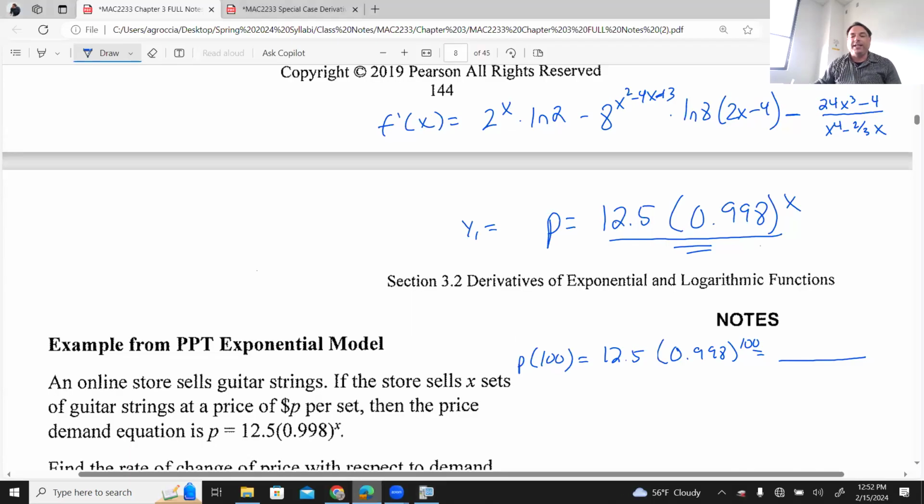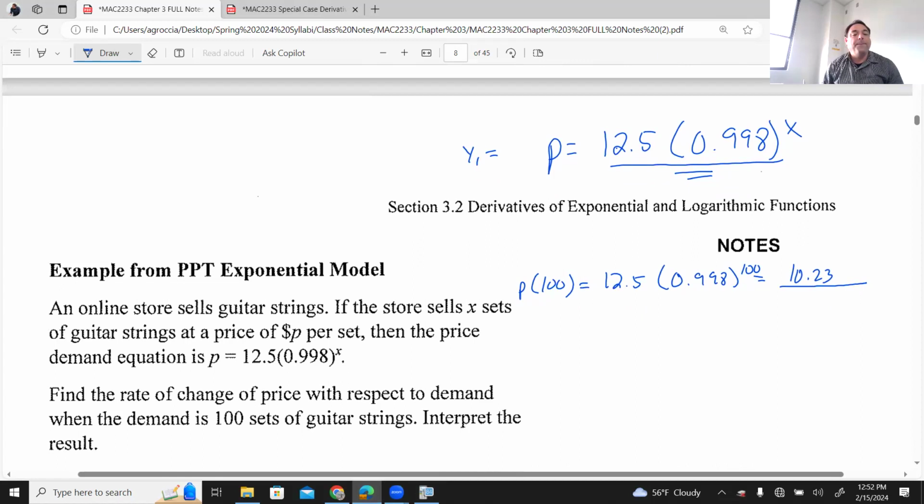But again, everything has to have meaning. Wait a minute. 100 sets of guitar strings cost 1023? Does that make sense? Why not? What does it say? Per set. So this is each. So hopefully that makes a little bit more sense. I'm not going to write the sentence, but 100 sets of guitar strings would be 1023 each. Good so far? Now, the question is, I want to know how that is changing. As soon as I say the word changing, that means we're going to do what? Derivatives. So what I would like you to do, just going to give you a minute,